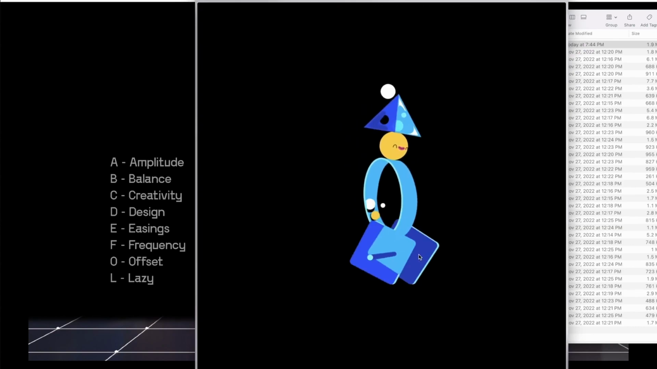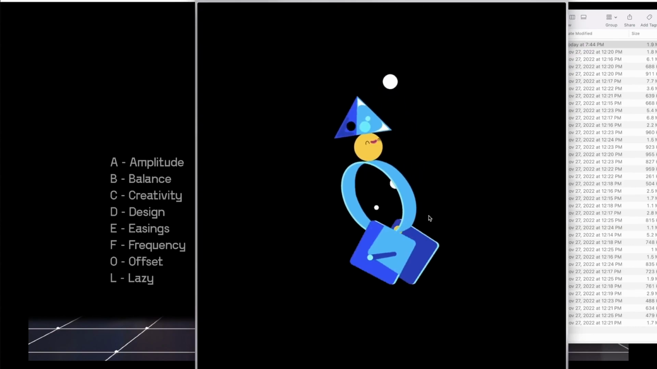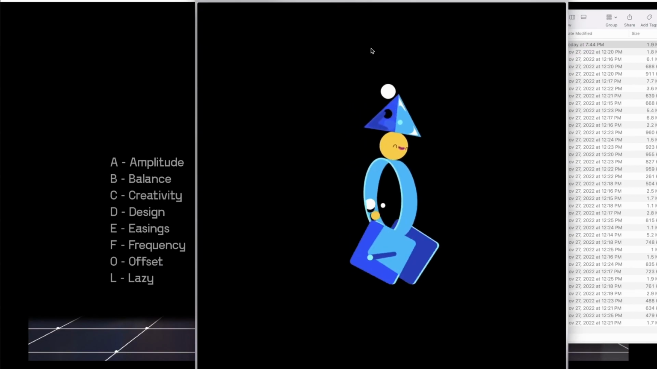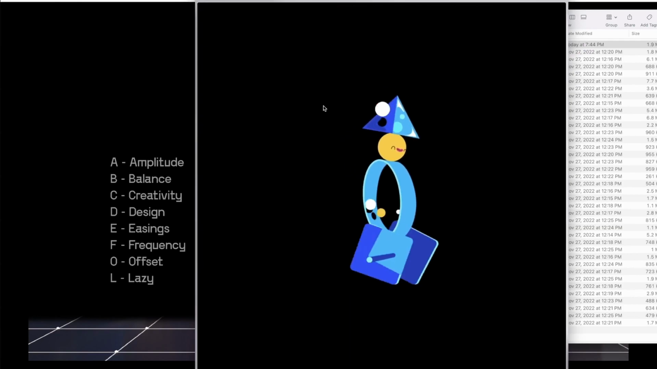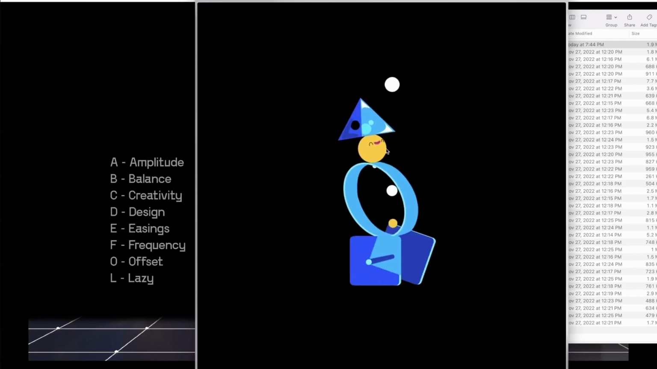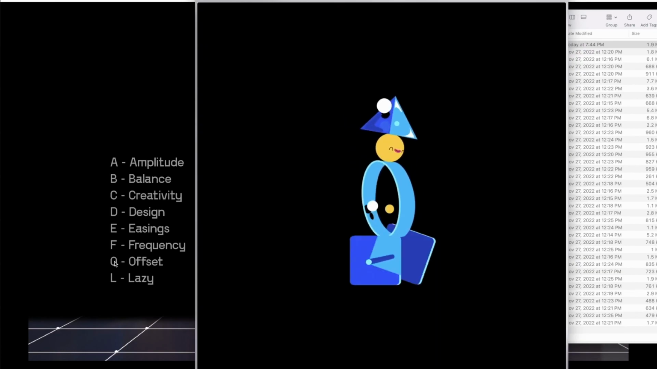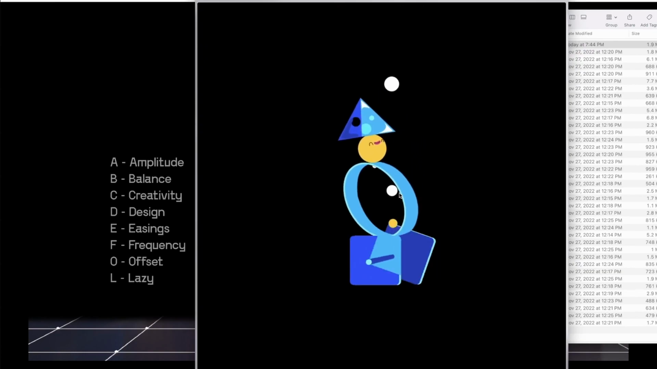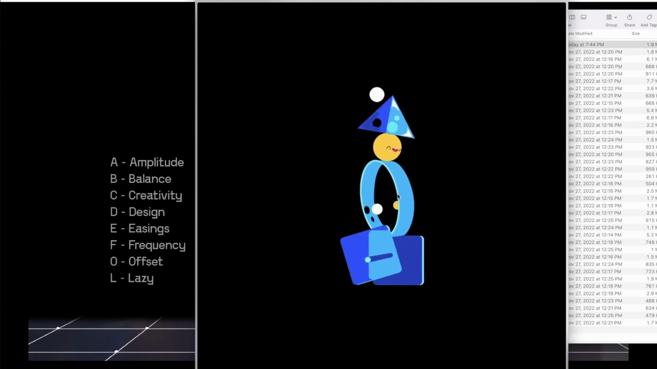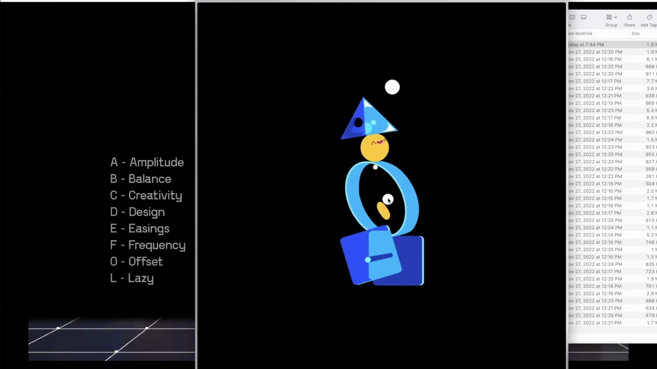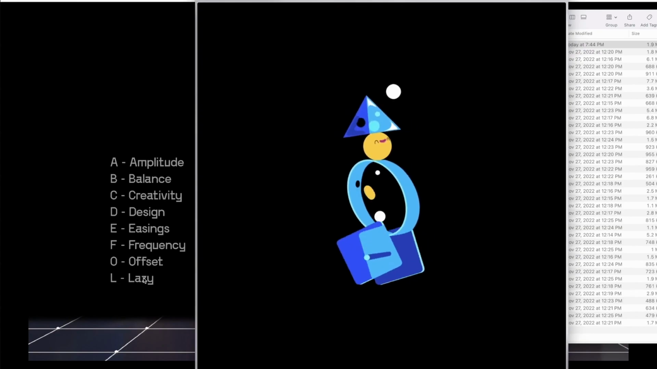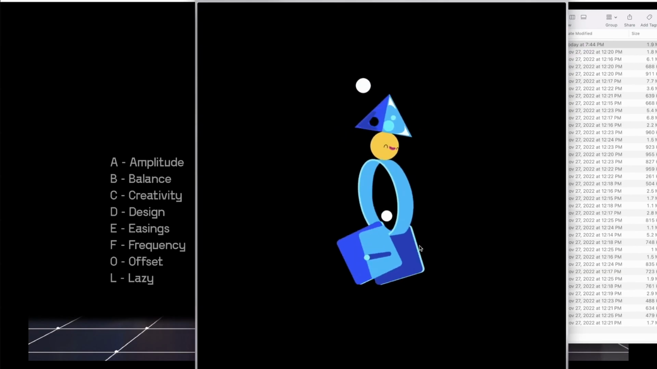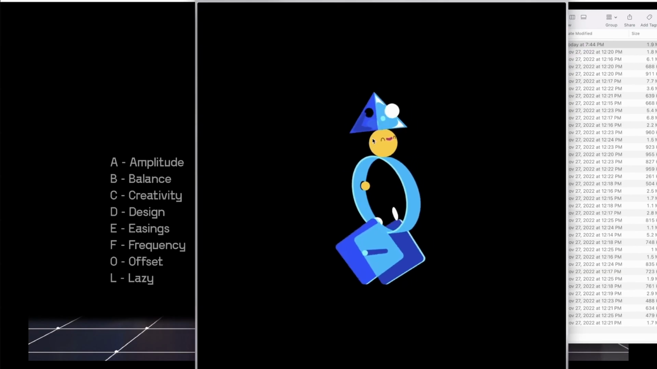Design also yes. So easings, everything is great, easings really well. Frequency also, timings is great. And offset, I see that at some point the yellow and white ball start to move at the same time, so you can fix this part. And lazy, also everything is great, every little detail is perfect. So regarding the top part,